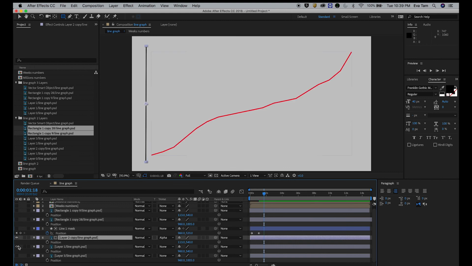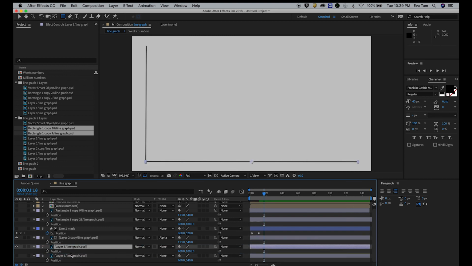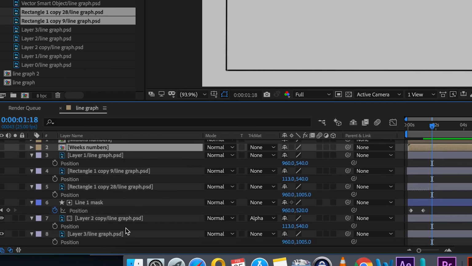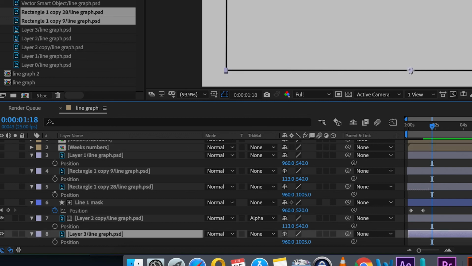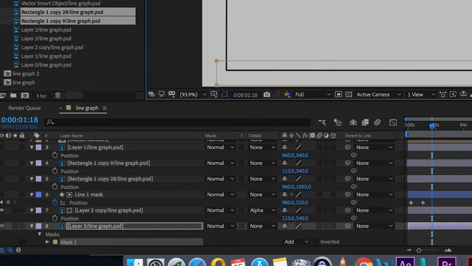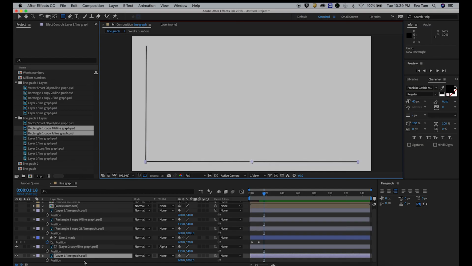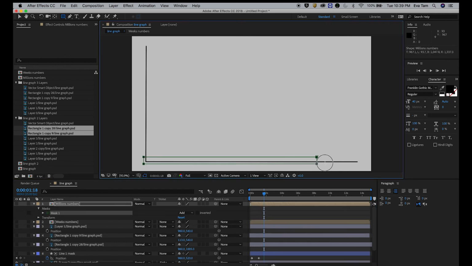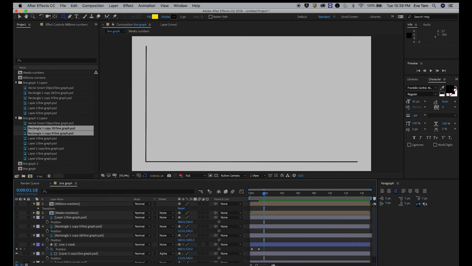So I want to work on this. Oh, nope. I want to work on this line now. Okay. So I do the exact same here. Remember to always click away from everything. Do not click on line layer 3 and then make the rectangular. It doesn't show up like that afterwards. Okay. You need to click away. So to click away, just click anywhere on your timeline.